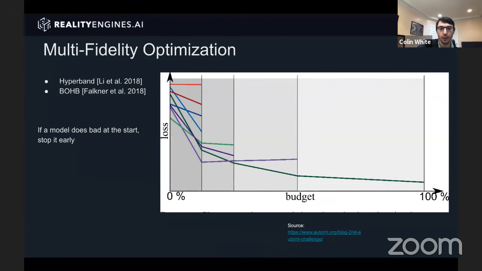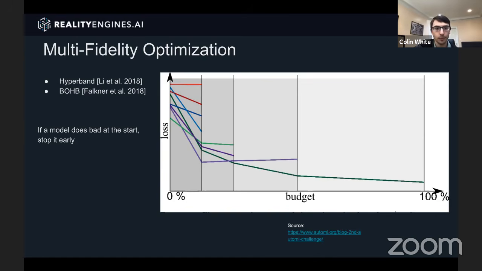Okay, so another type of technique is called multi-fidelity optimization. So this is when, say we have a bunch of hyperparameters to try, and so the idea is that we launch all of them at once. So we launch like 100 different sets of hyperparameters, and then after 10 epochs of training, we realize that 50 of them just aren't doing that great. So we just cut them off right away. And then the better 50, we let them keep running to 20 epochs. And after that, we see 25 of them are not doing so great, so we cut them off. And then we keep doing this over and over until we let the best set of hyperparameters run all the